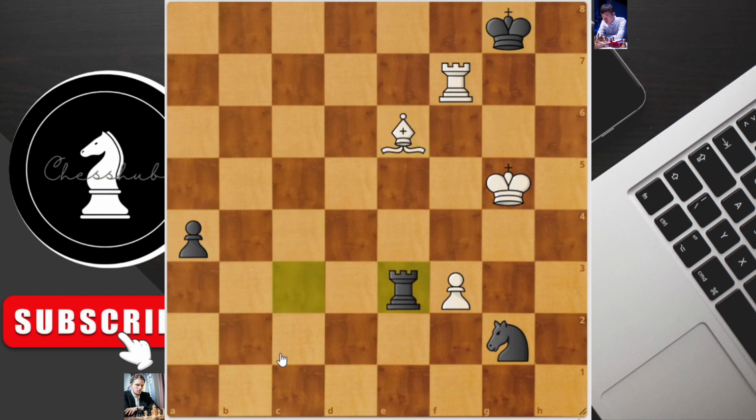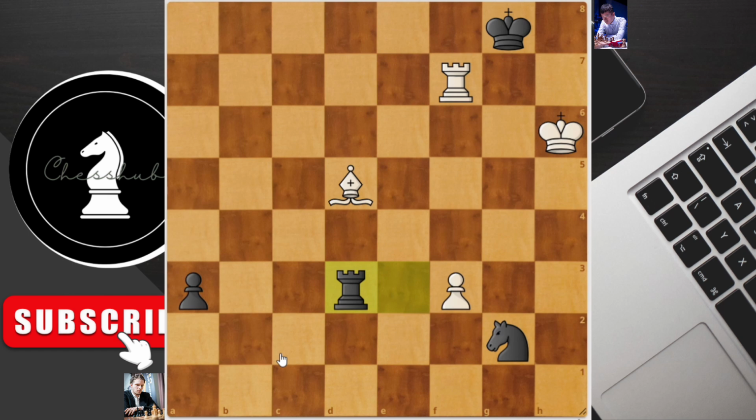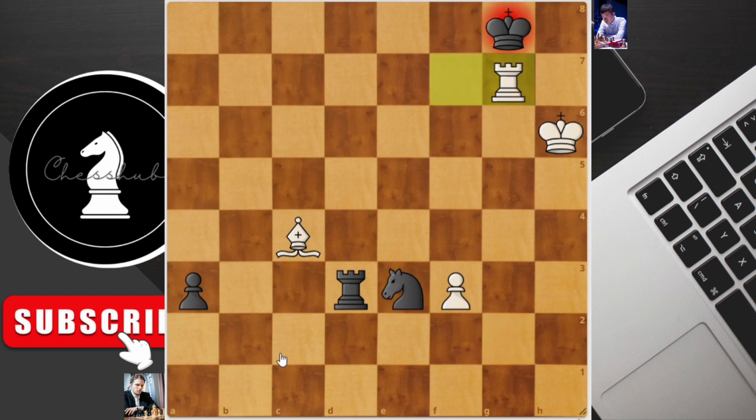Rook to e3 again wants to attack the bishop on e6, and bishop to d5. a3 by Liren, king to f6. Rook to d3 by Liren to attack the bishop, and bishop to c4 attacking the rook. Knight to e3 attacking the bishop, and finally rook to g7 check by Richard, and in this position Ding Liren